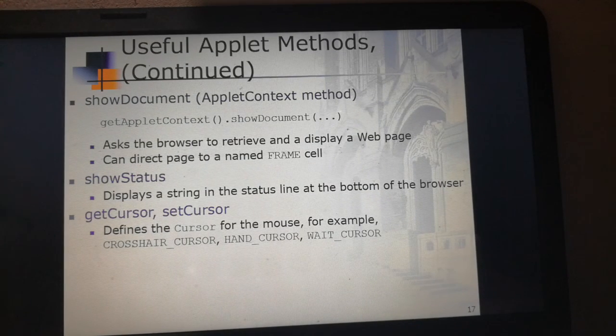The showDocument method helps you retrieve and display a web page, and directs to the page named in a frame.